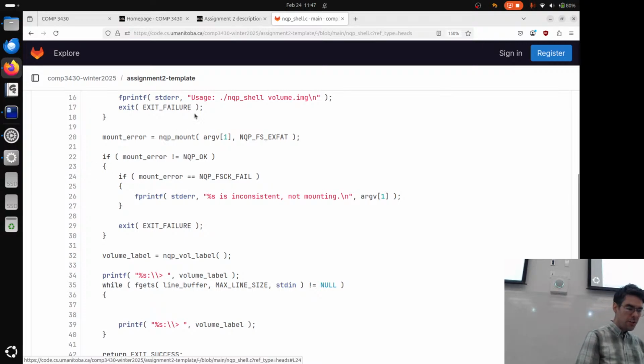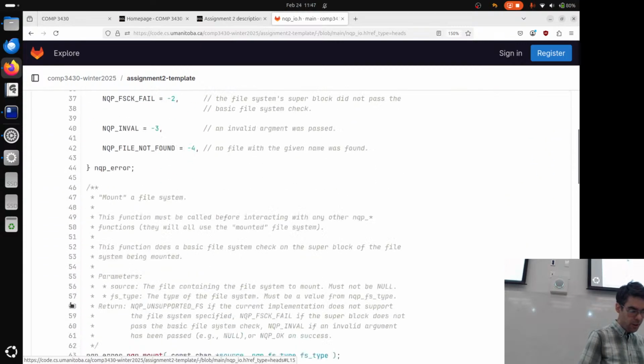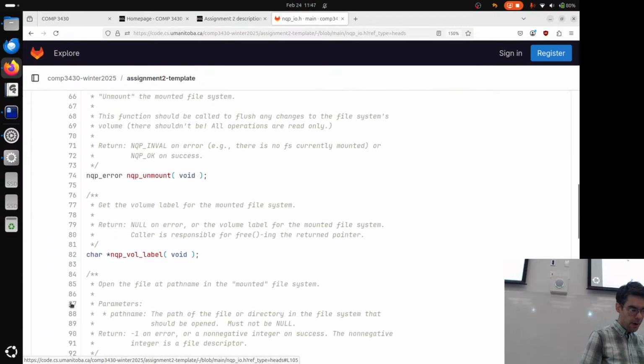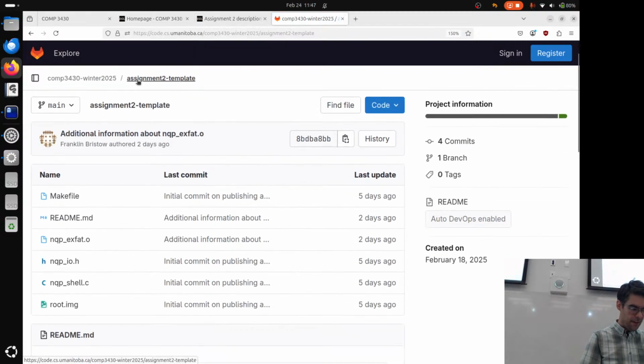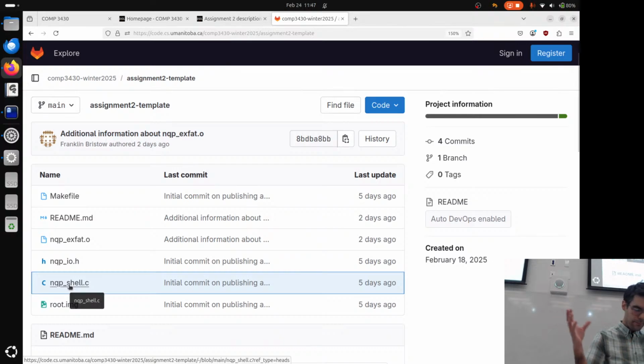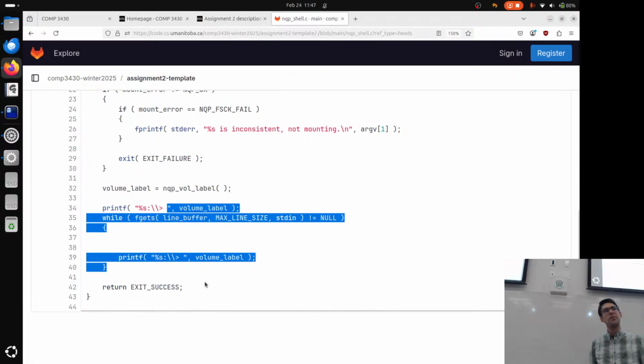I did make one change to the interface for assignment 1, which is I added this additional function down here called vol label. If you do want to use your own code for this, you'll have to implement this function. Implementing it is straightforward. This is just going to be the volume label directory entry from the root directory of the file system. I'm using this so that we can have something that's a little bit nicer of a prompt than just printing out like nothing. So the shell here, this is where our main loop starts to happen for the shell, is to read standard input here.